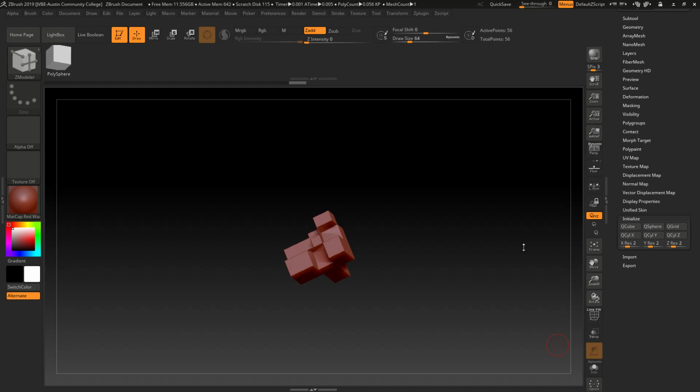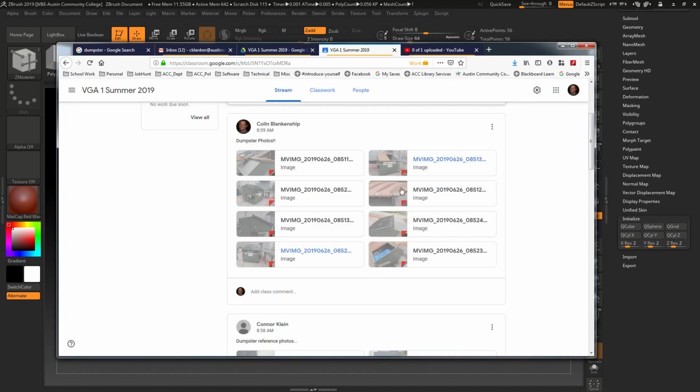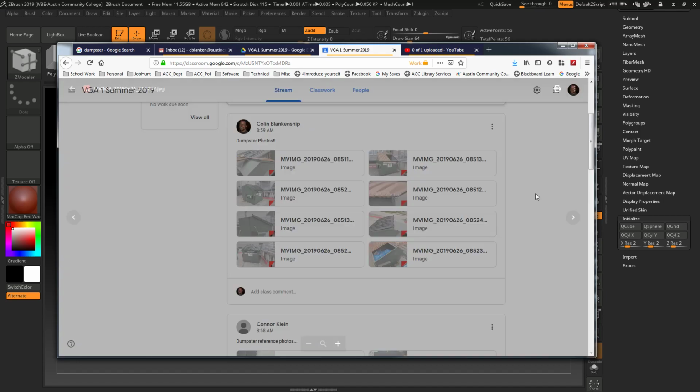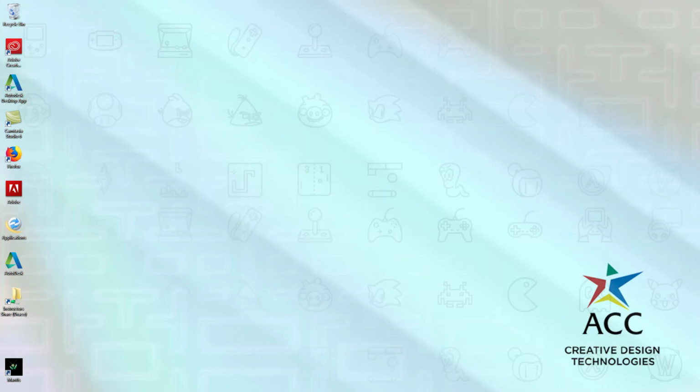All right, so I want to talk about a couple ways to get an image in here. There are some really good ways and some really bad ways. Since we don't really have an actual orthogonal view of our dumpster, we've just got photos we took outside. I'm just going to use the reference as exactly that, just as reference, and just kind of eyeball everything into it. So I've downloaded an image